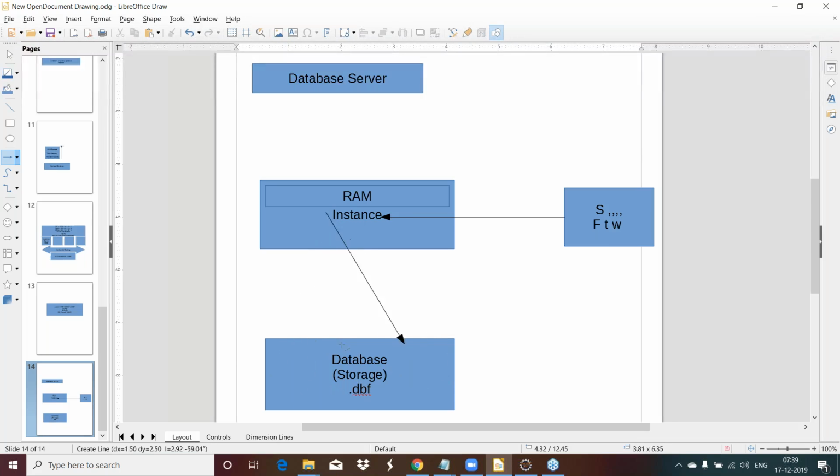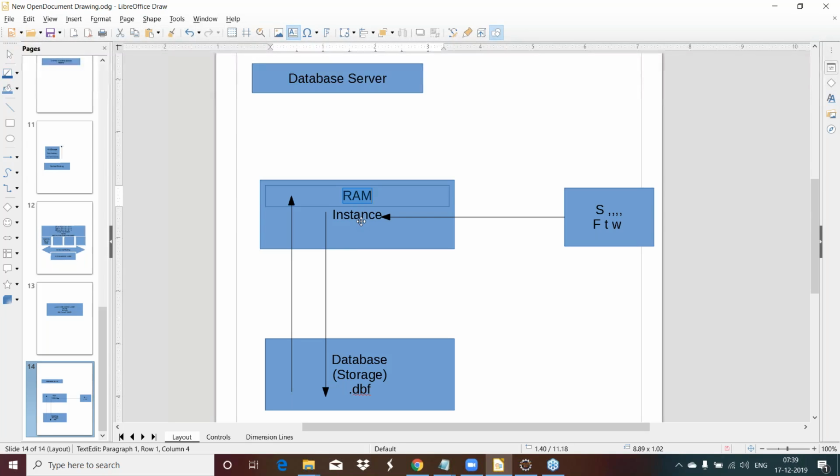The table that you are looking for is going to be searched in this particular database. So your instance will go and check where the table is available, what you are looking for, in this particular database. Let me say it finds it over here, right? So once the table is found, that table data will be coming to the RAM of this machine, and that's where the processing will start.